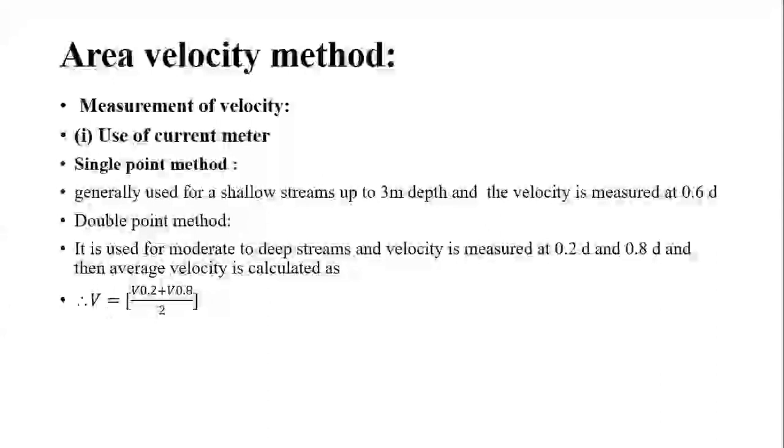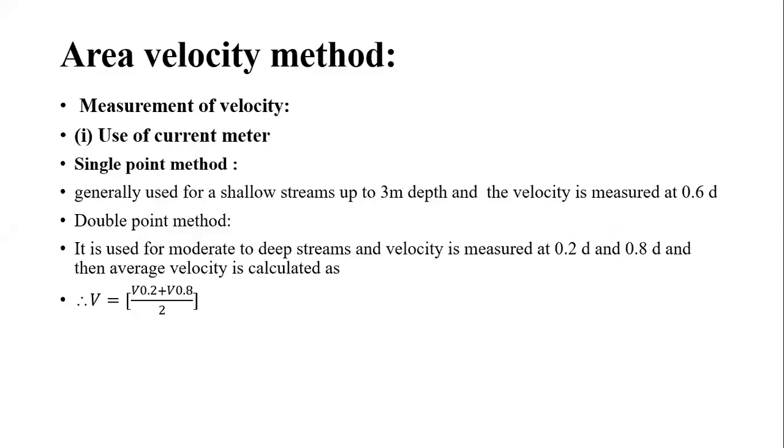The average velocity is then calculated as V equals velocity at 0.2 of the total depth, plus velocity at 0.8 times depth, upon 2. This is the average velocity we calculate by the 2-point method. And in the single point method we consider only the velocity at 0.6d, that single velocity is considered as the